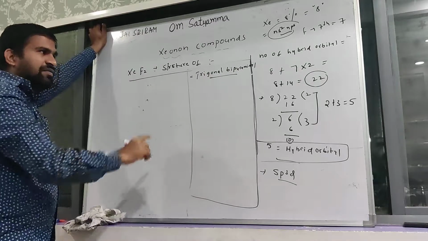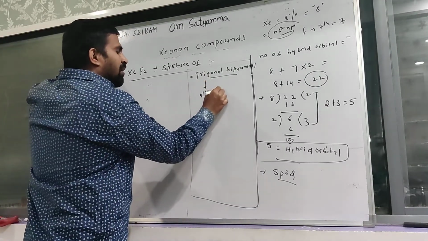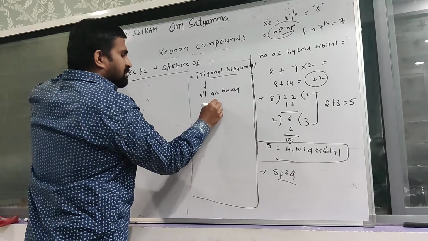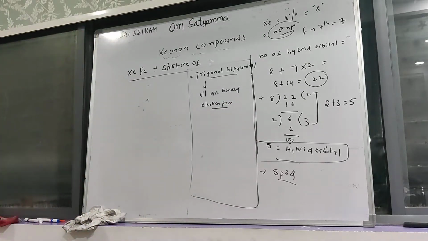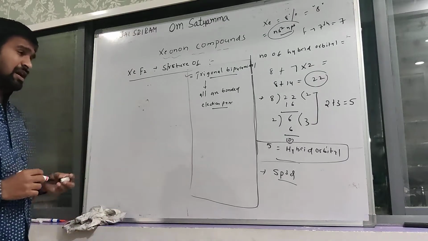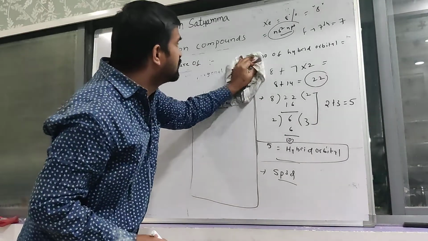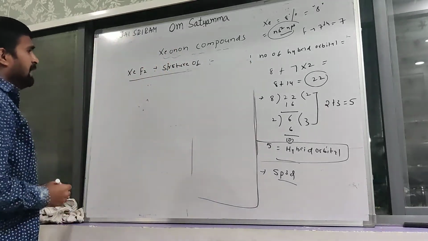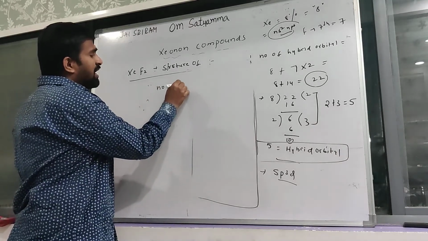But in which all are bonded electron pairs. In this situation, the compound has a trigonal bipyramidal shape. You can observe xenon difluoride. In xenon difluoride, the number of lone pairs of electrons is equal to